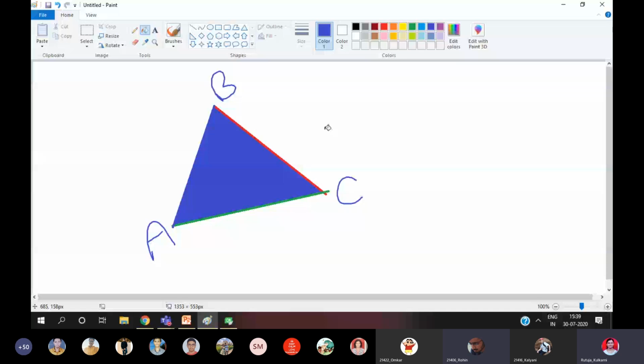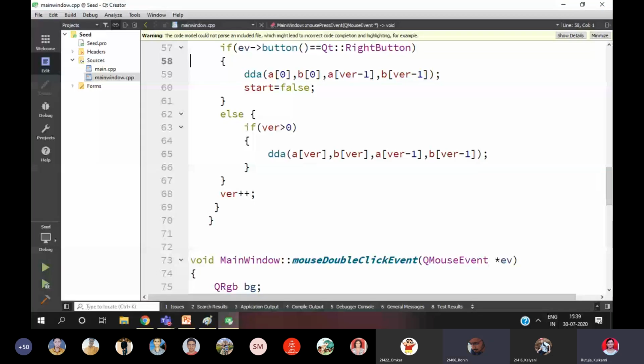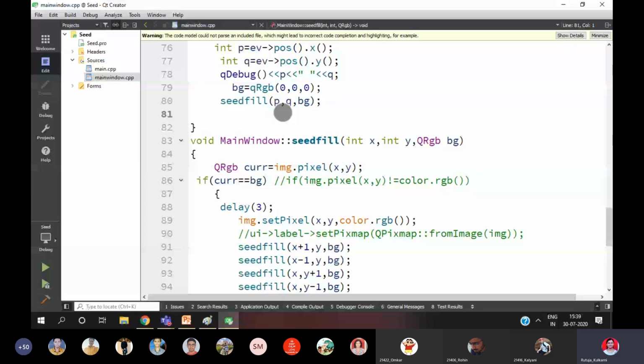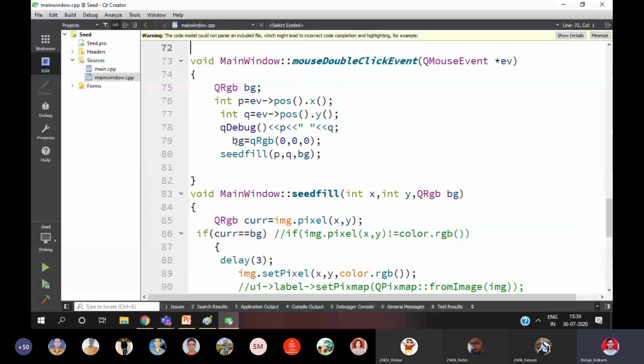Let's understand with the algorithm I implemented. I will show you. With the mouse interfacing, I have drawn the boundaries. I will teach you that when the time comes. Here, which algorithm is implemented? I have taken one background color, BG, the background color.